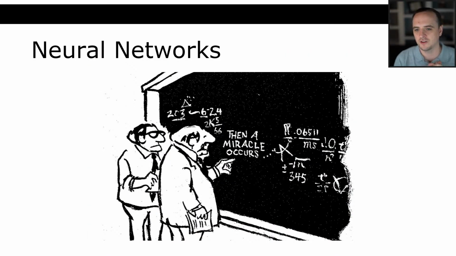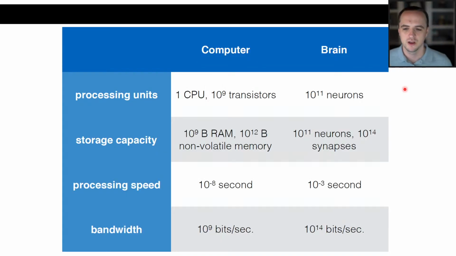So neural networks, I love this comic. It's like, okay, some math and then a miracle occurs and then some good results happen. This is basically what a neural net is, right? Turns out that a neural net isn't magic. It's just math. And so there's a bit of math, but we'll go through that math in this lecture. But before we go through the math, let's talk about